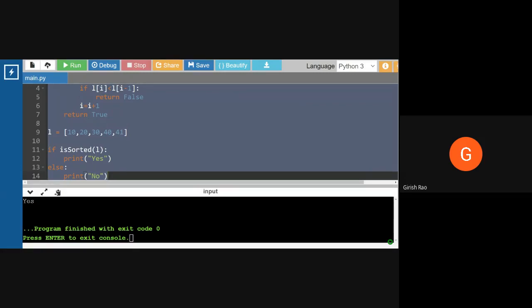This is a shortcut for checking true or false. You do not have to say equal to true. If is_sorted means it is true, so you print yes, else you print no. Are you with me? In the interview, if they ask you to write the code without sorting, you should be in a position to explain this particular code. Otherwise, you could simply say sorted and we could return it.